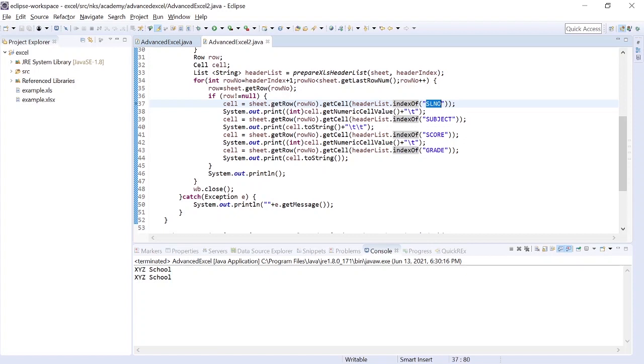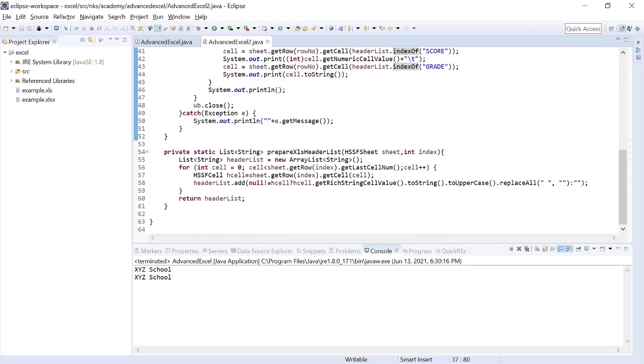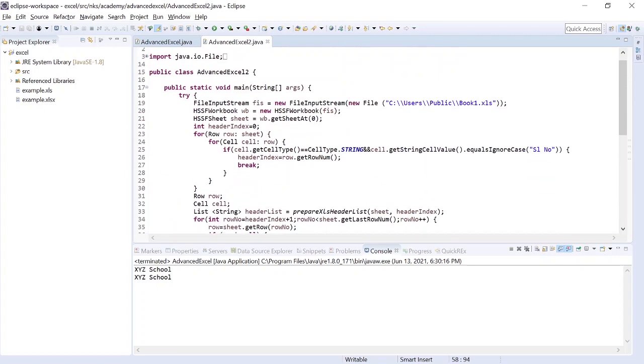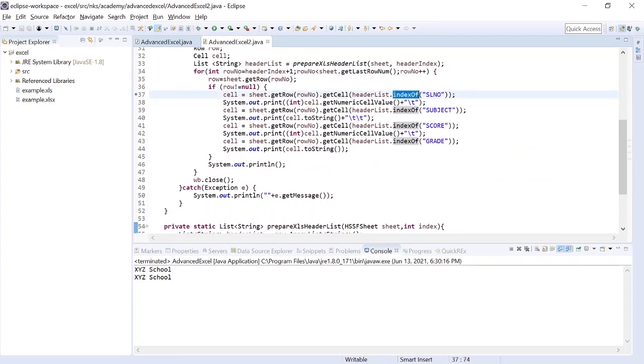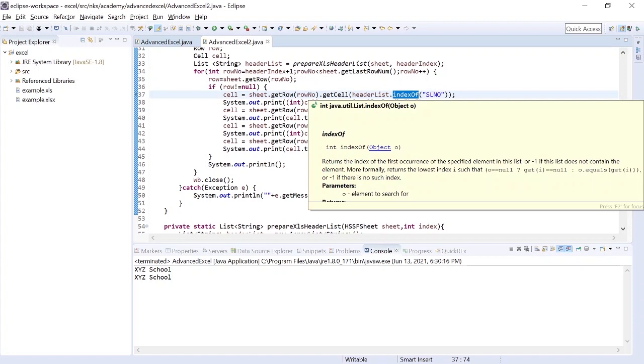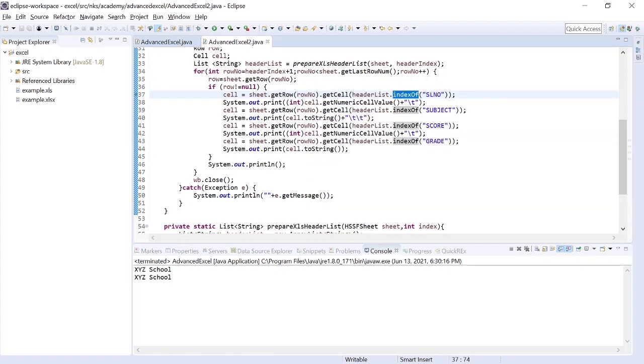Now we can handle it in one more way. That is, instead of doing this uppercase, we could use equalsIgnoreCase here. So in that way we can handle that. It's up to you, up to your logic. You can do that, it's not a problem. Now, after getting the value, I am just printing it. Similarly for each of the columns, we will do that until the rows are present in the file.